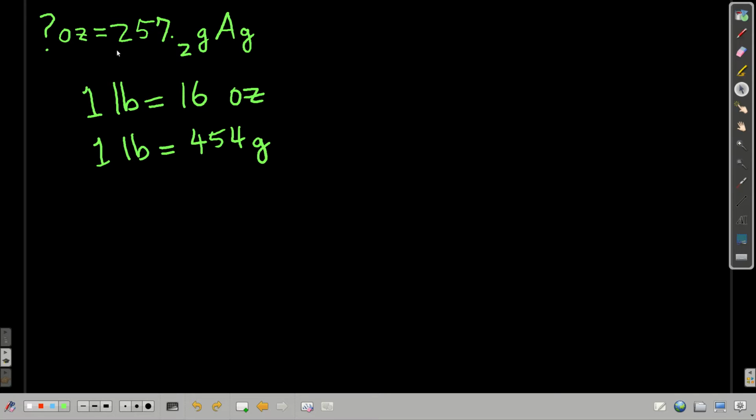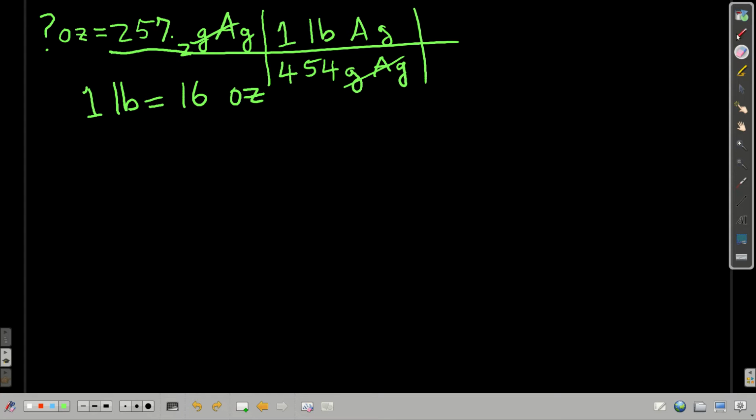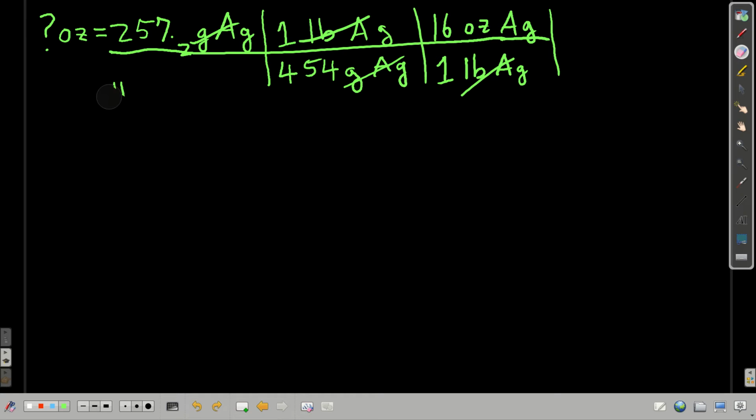Now that we know the conversions, we have to make sure we set it up correctly. We need grams of silver on the bottom, so that gives us 454 grams on the bottom and 1 pound on top. Grams of silver cancels. Now we need pounds of silver on the bottom, and that puts ounces on top. Pounds of silver cancels. Those are the units that we want. Everything cancels, and we get